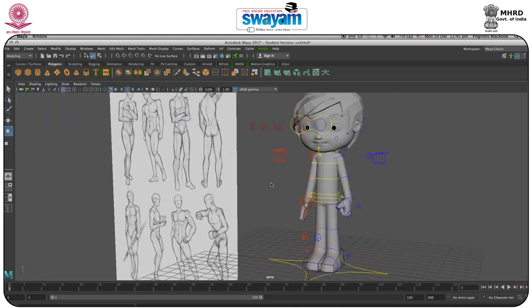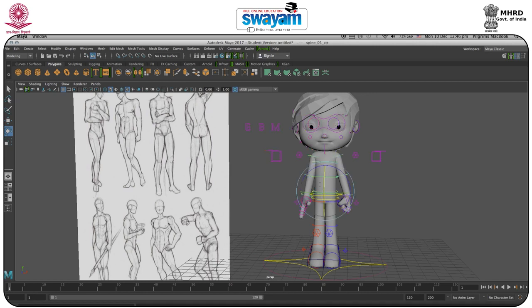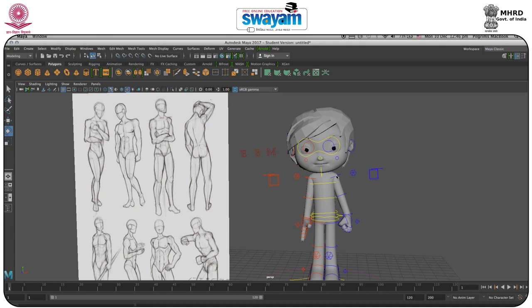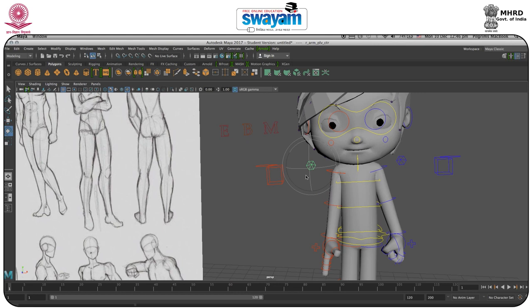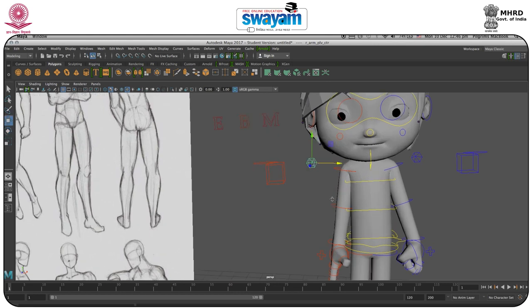Okay, now it is a little bit tilted, so I will select this and tilt this like this, and this shoulder will go high as compared to this one, especially this part.